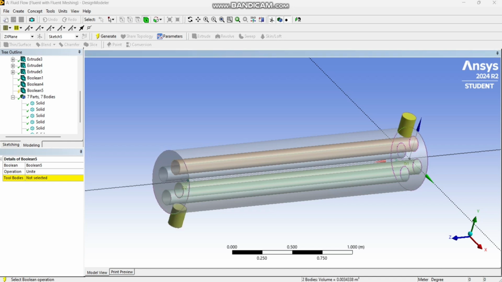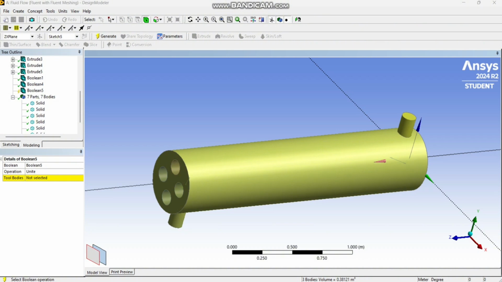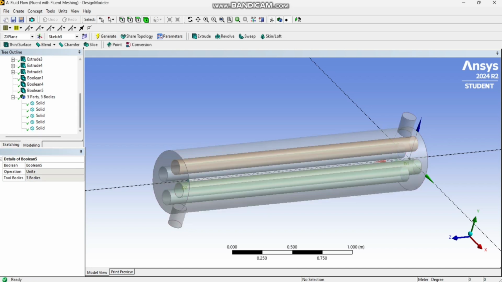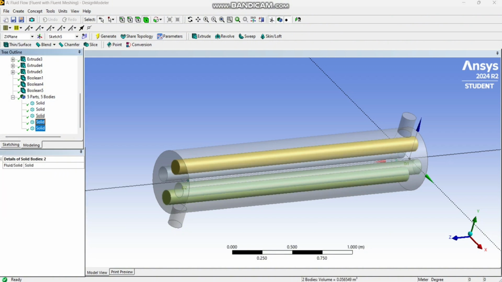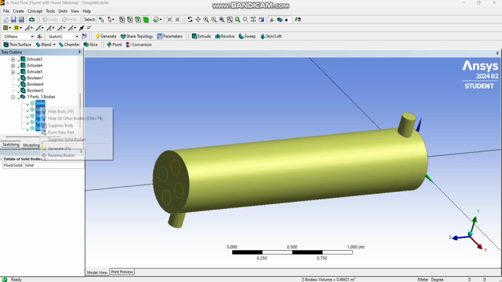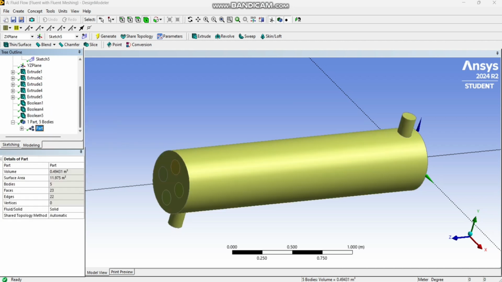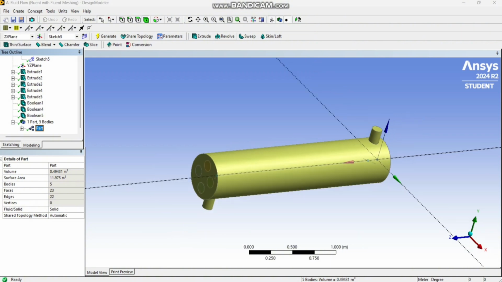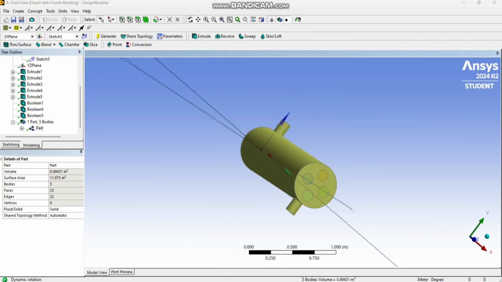This, and this. Then apply, generate. So we will see here the 5 parts, and I will make them form a new part. Yes, this is our final geometry,